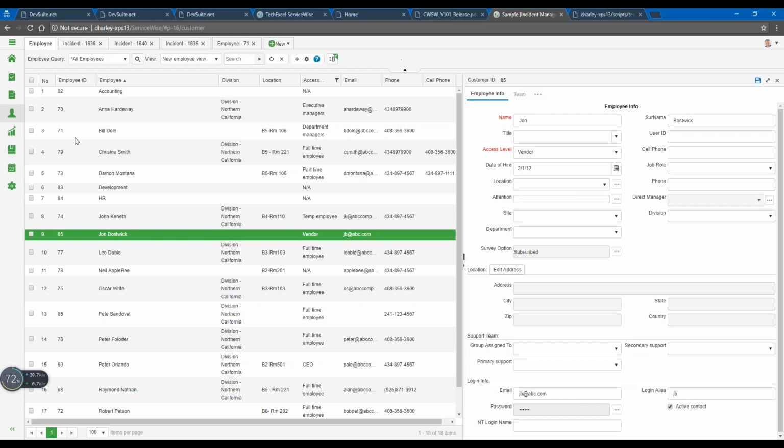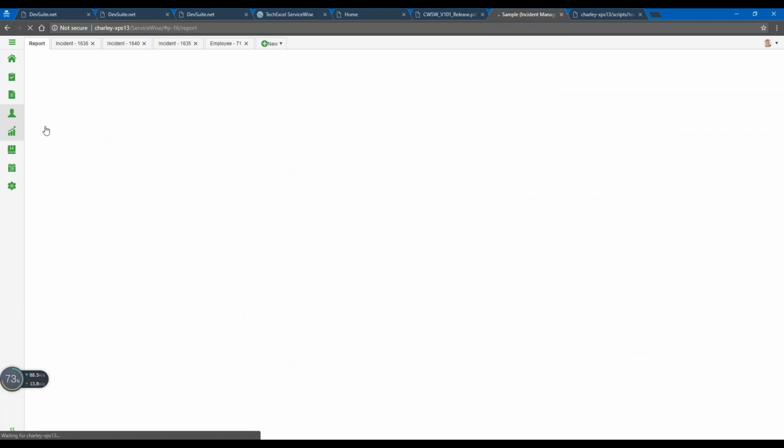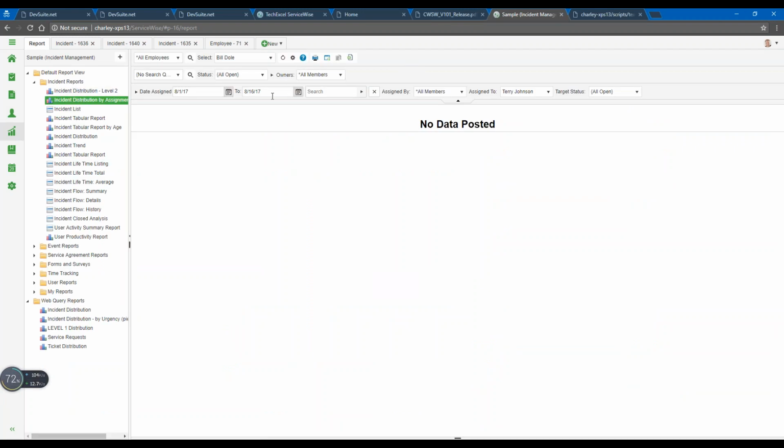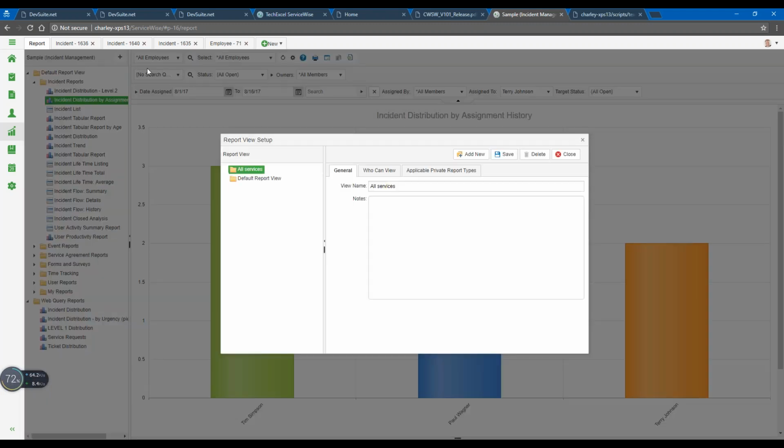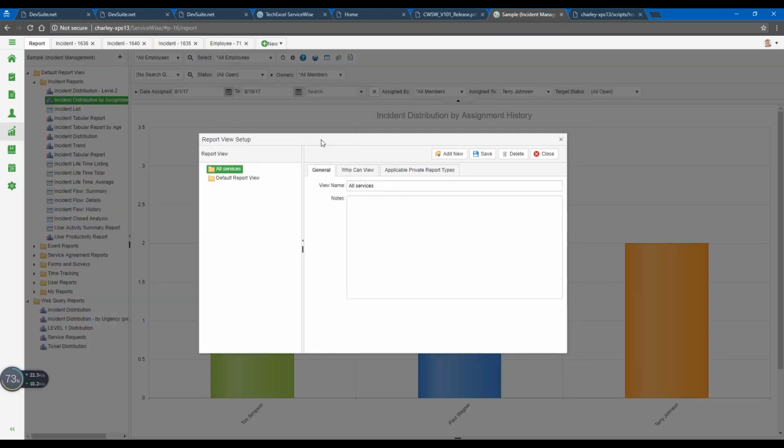So next up, let's take a look at the report view here. In the report view, similar to the multiple dashboards that we have in the homepage, we're also giving you the ability to set up more than one report view if you have different focus on specific report areas. So it's very easy to configure a new